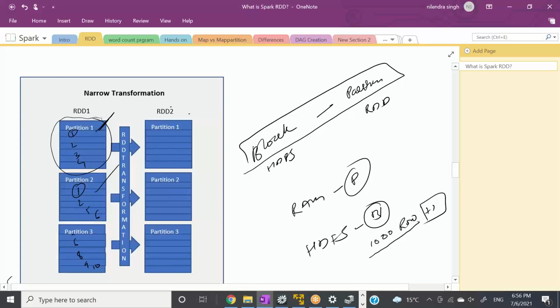Let's say you want to filter the number one from each partition, right? If I run filter on each partition, let's say F, and I need to filter one, what do you think? Does this F equals one function need to go to any other partition? It will find the required data for filtering here, right? It will find the required data here. It will find the required data here. And that's why filter is a narrow transformation.